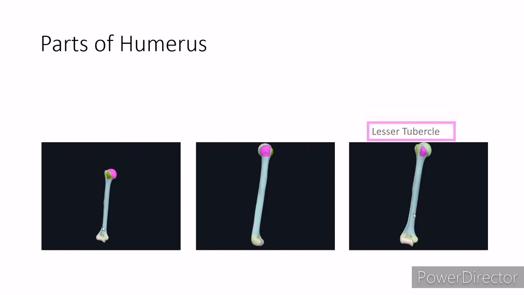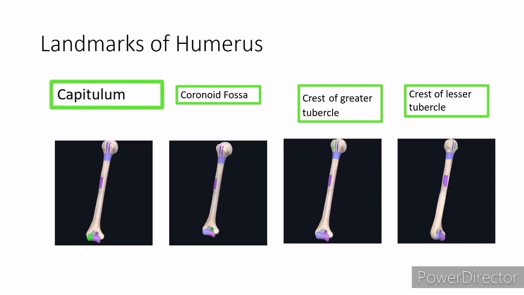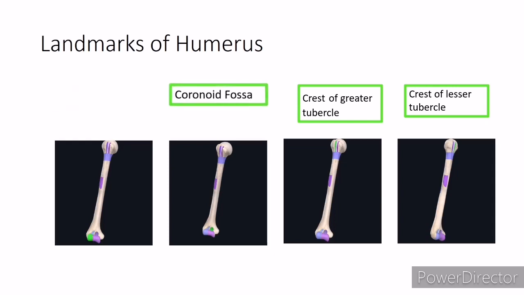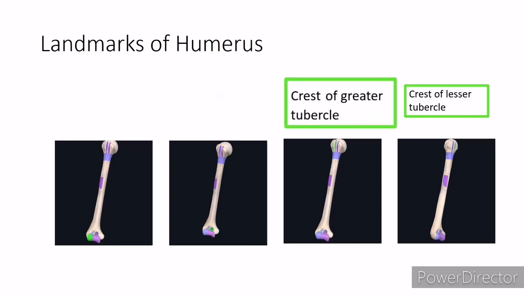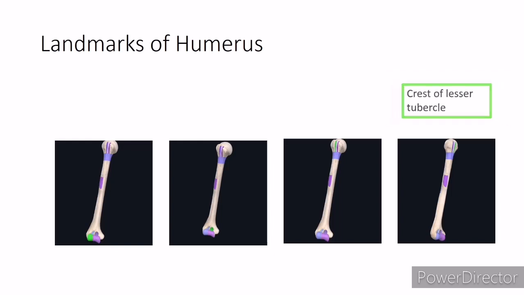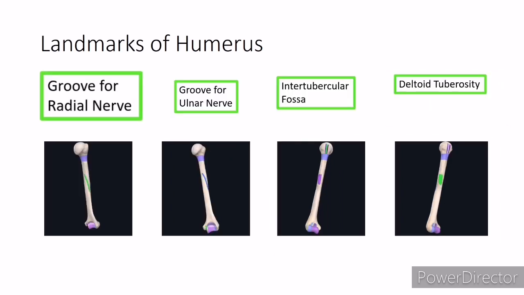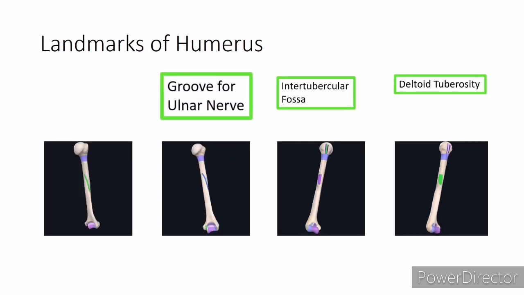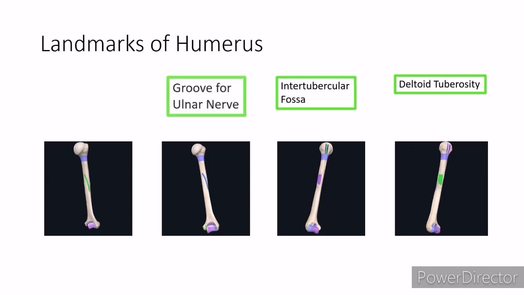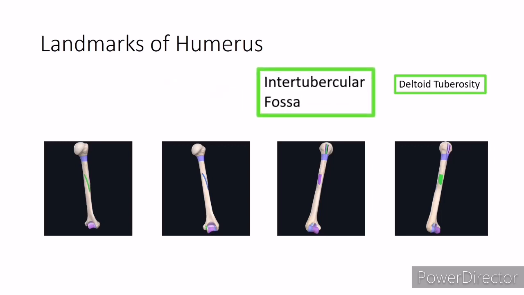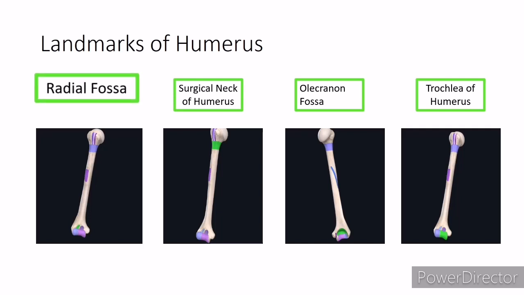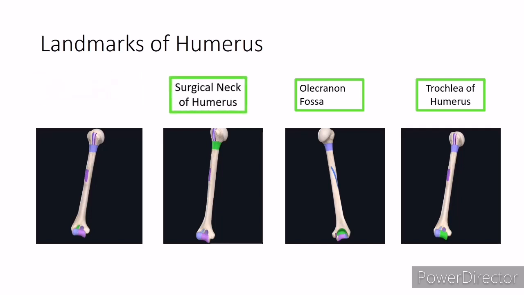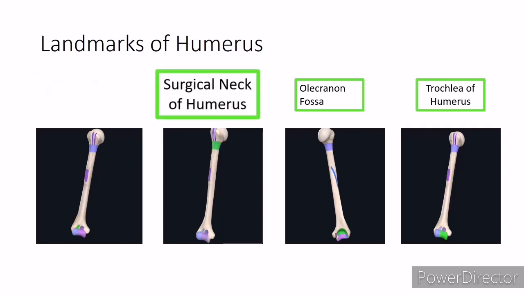We also have different landmarks, which include the capitulum that attaches to the radius, coronoid fossa, crest of the greater tubercle, and the crest for the lesser tubercle. Other landmarks include the groove for the radial nerve, groove for the ulnar nerve, intertubercular fossa, deltoid tuberosity, the radial fossa, surgical neck of the humerus, as I said earlier, olecranon fossa,